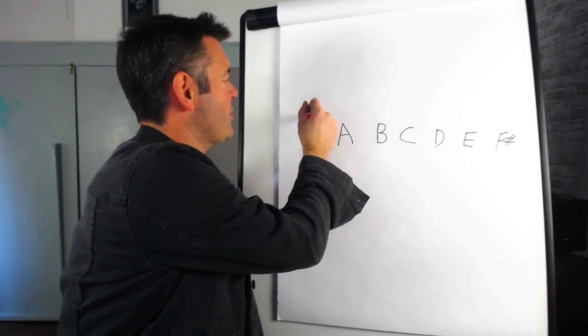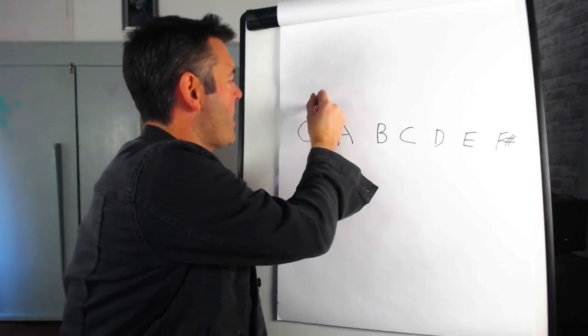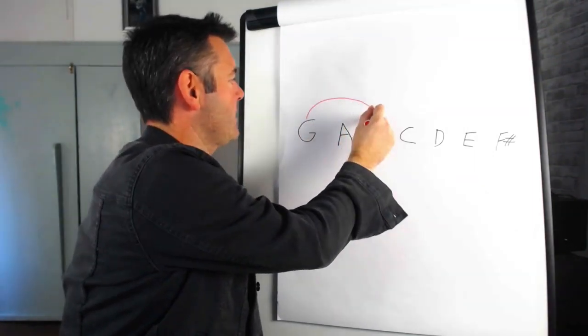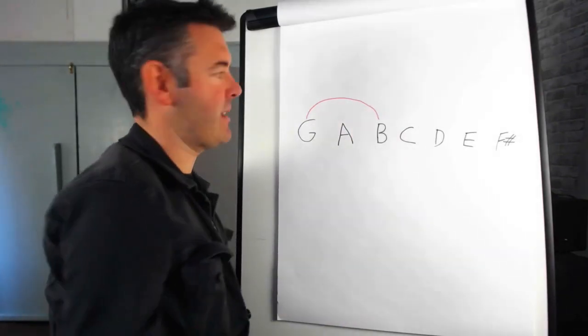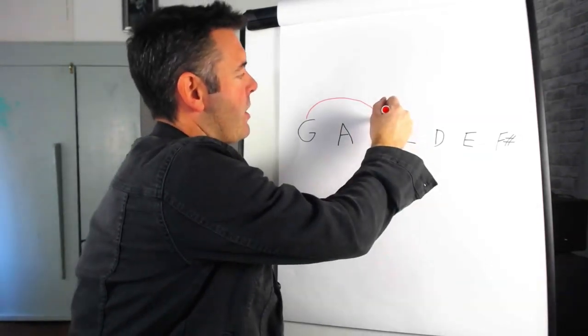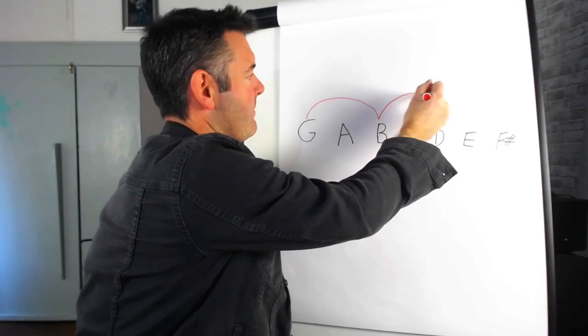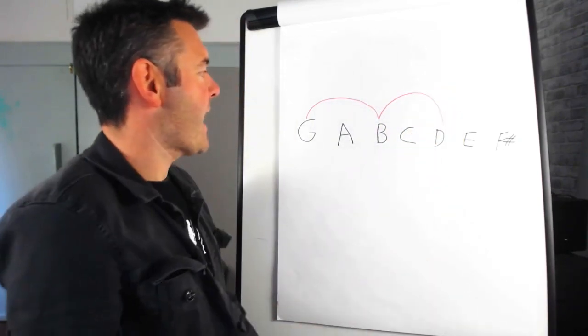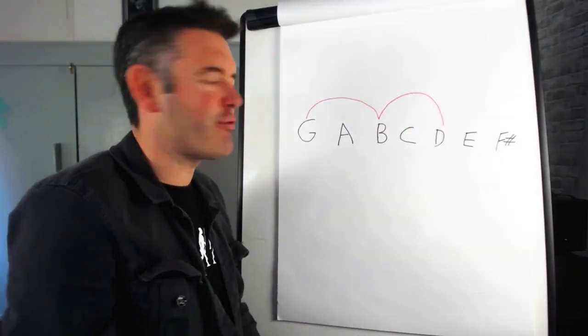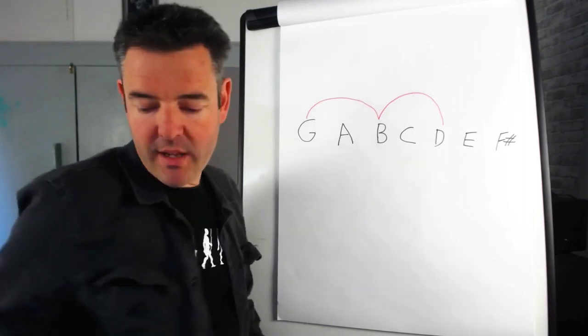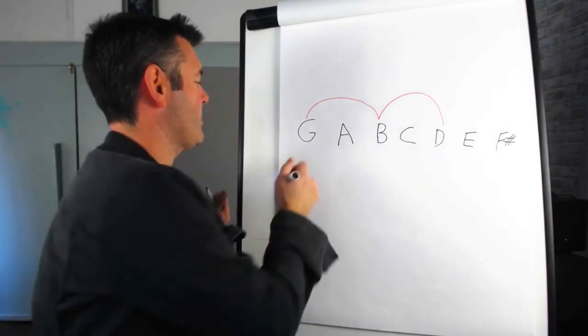So I'm going to begin on G. I'm going to hop over the A note and land on B there. Then I'm going to do that again. I'm going to hop from B over C and land on D. And that gives us our first triad, G, B, D. So let me write that one down. We've got G,